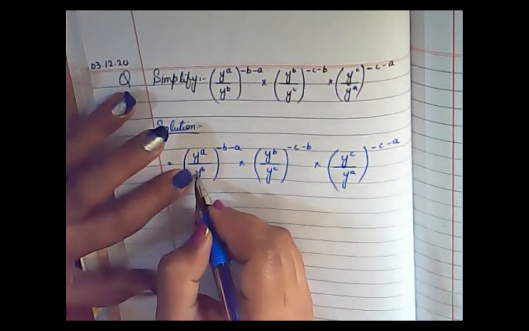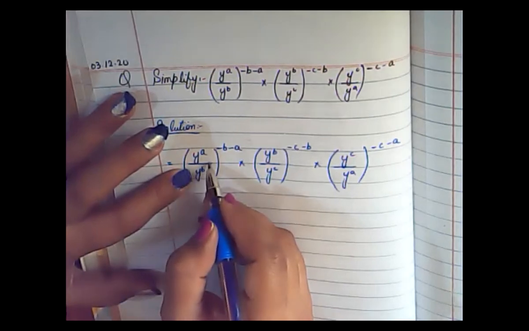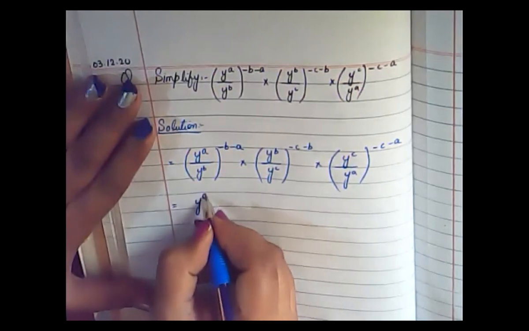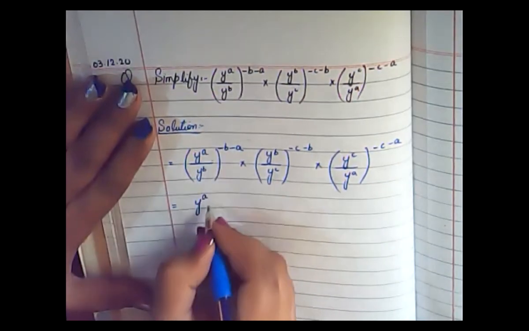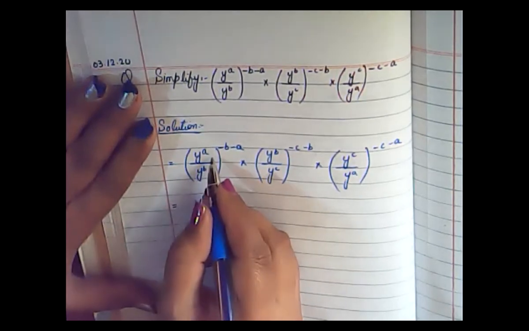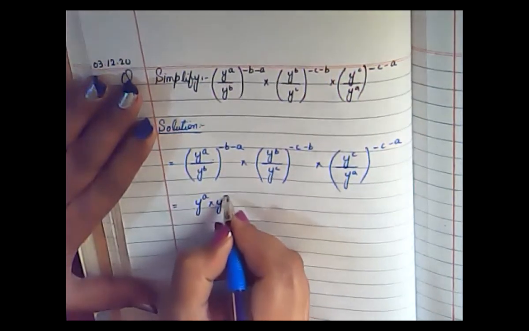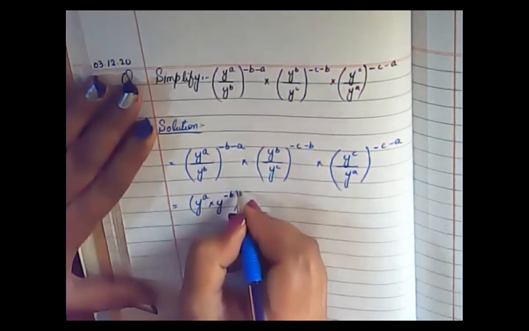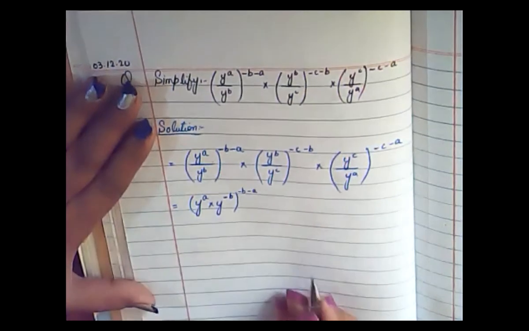So what you will do, you will take this yb towards the upward side. When you shift it, you write it down here, ya. Now you are moving it upward, so it will become multiplied by y. Here you have plus b, so when you shift it upward, it will be subtracted: y minus b. Okay, and it has whole power minus (b minus a), right?